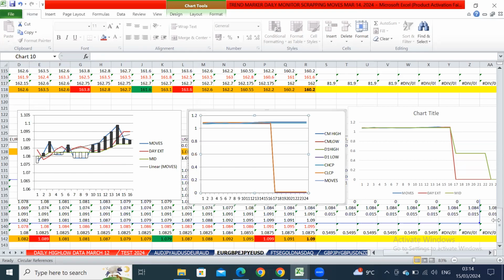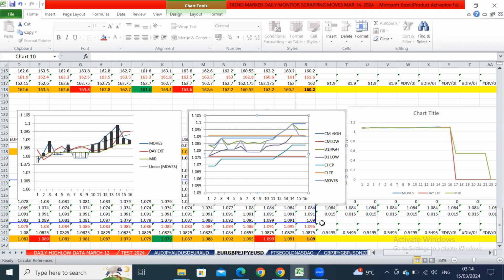Let's look at this as well. See that this line, which is low, became the first line to remain at the bottom. Okay, and then finally came